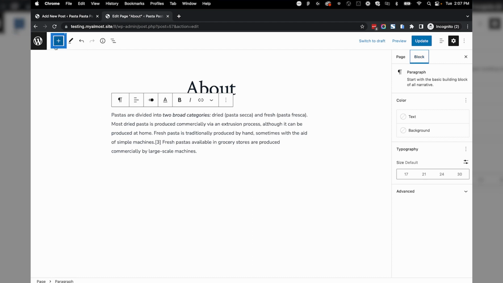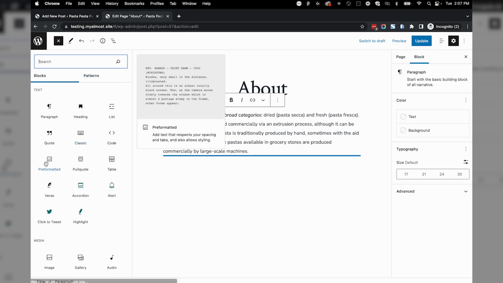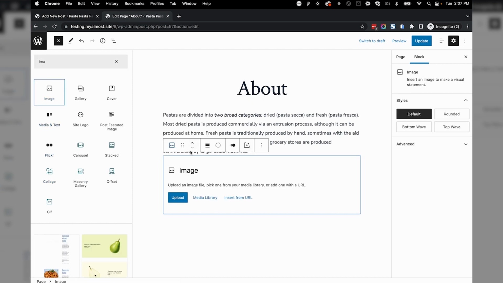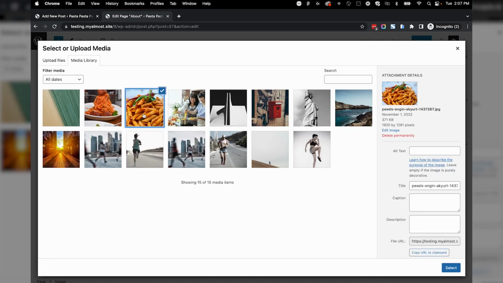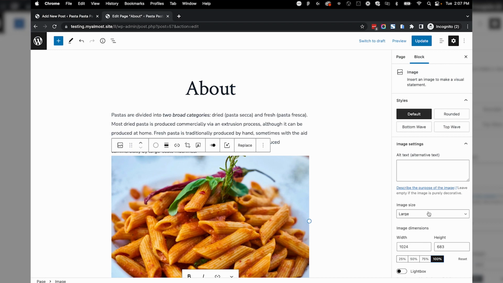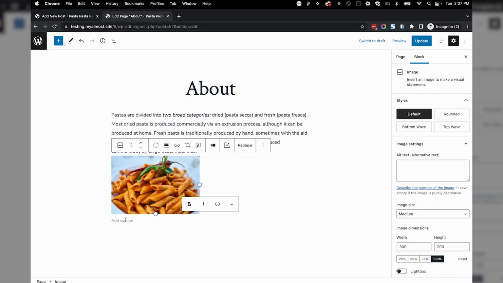Click the Add Block button again and choose Image. Just like posts, you can drag and drop an image, upload or import from your image library. Over on the right, in the block editor pane, we can play with the size until it looks just the way we want. And there's a spot down here to add a caption for the photo. I think that looks good.